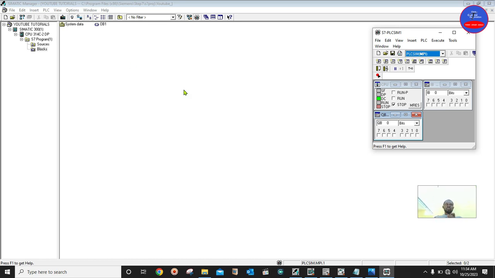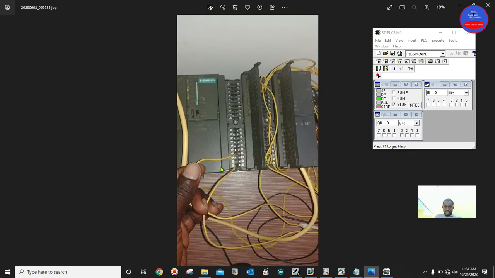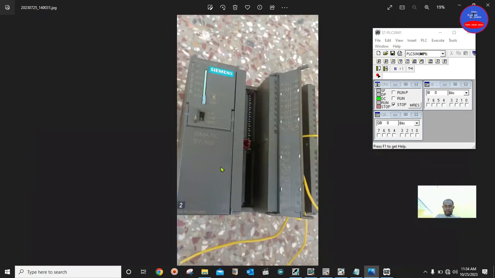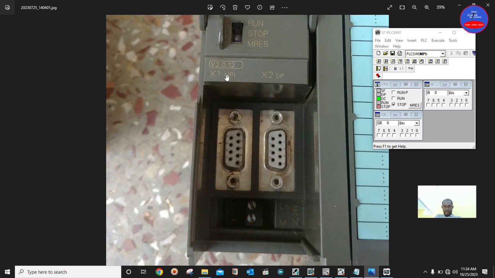If we were dealing with the physical PLC models, the CPU itself, like these ones, I would have connected, and I want to show you some pictures here. You see this side? This is the MPI. You see the first MPI here, right? If I were dealing with the physical model, I'd connect an MPI cable here. I'll show you that MPI cable, but before then, I want to take you through